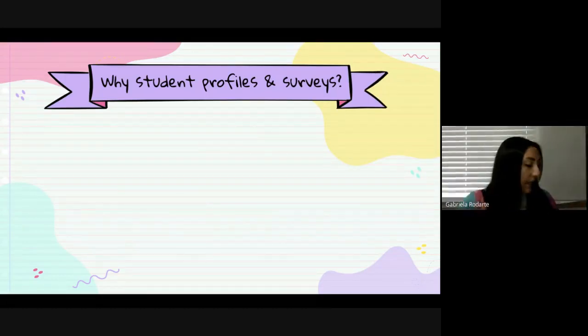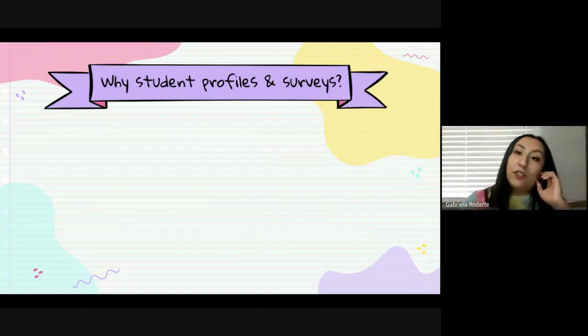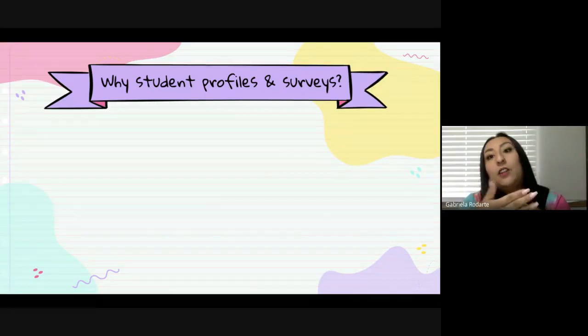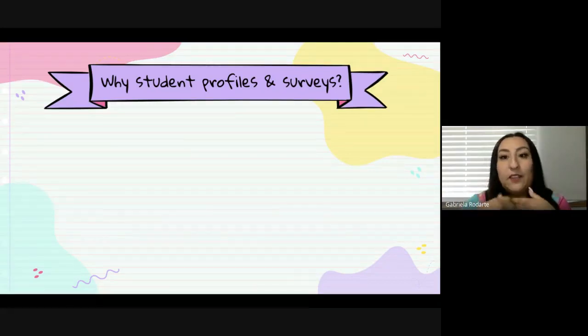And what I really want to add is the use of surveys within those student profiles and how they can add to what we've already been using and what I've seen at a lot of campuses. I've taken ideas from a lot of campuses as far as those data notebooks, and this is just an additional piece that we can add to complete the picture of who our students are